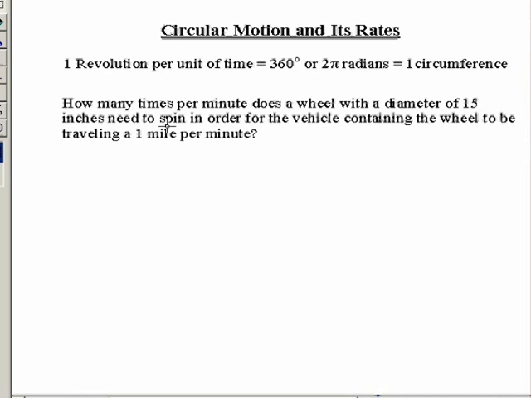And we're looking at times per minute to spin. So we're looking for revolutions per minute. And what we have is a linear measurement of 1 mile. So we want to go from a current known measure